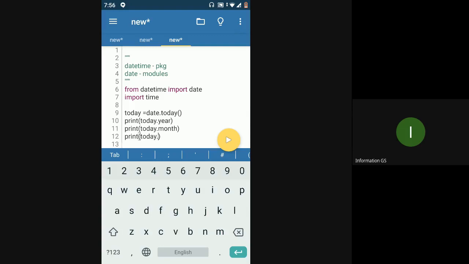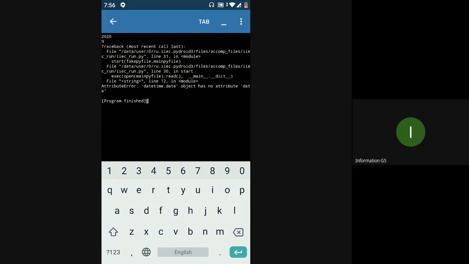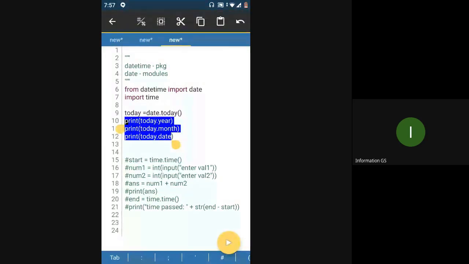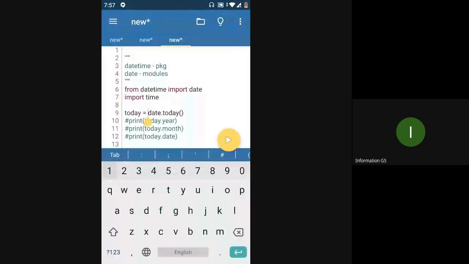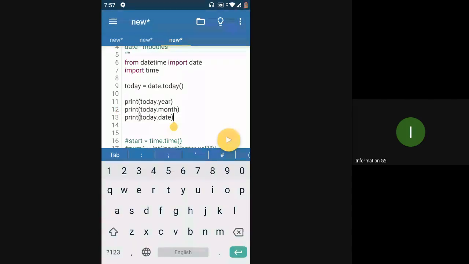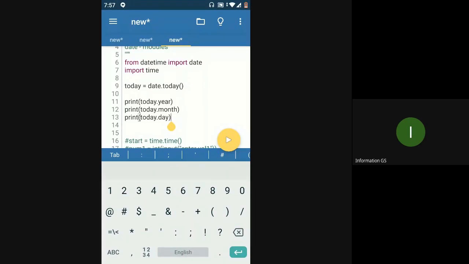Today dot date, if I print this, some error. Okay, this is day, not date. Got it. So let's print this. So you have 2020, 9 and 29.